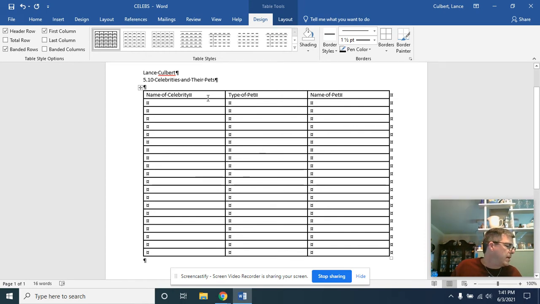So we're going to go ahead and type the items into this. There are a couple of different ways to do this. Some people like to type down the columns, and that's what I tend to like to do. Some people like to type across rows. I can do both. You just have to figure out which one is most comfortable for you. So, Kylie Jenner,